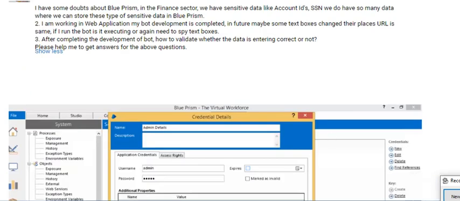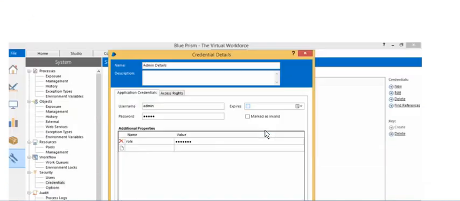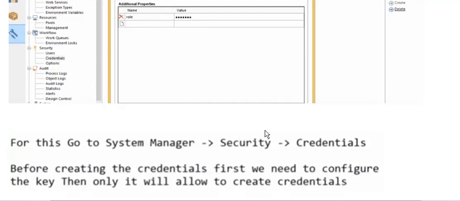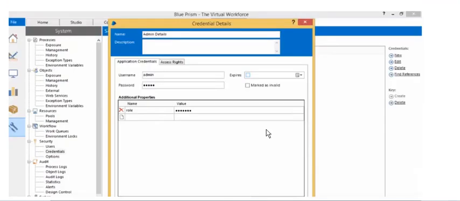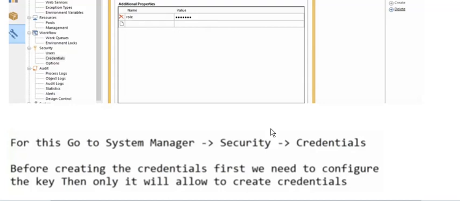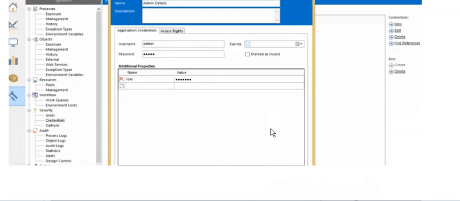So when we talk about sensitive data, we have the option System Manager, Security, and inside that, Credentials. How can you create this secure information?